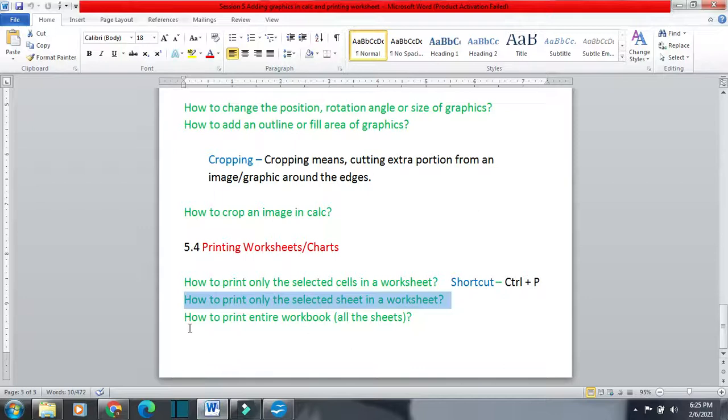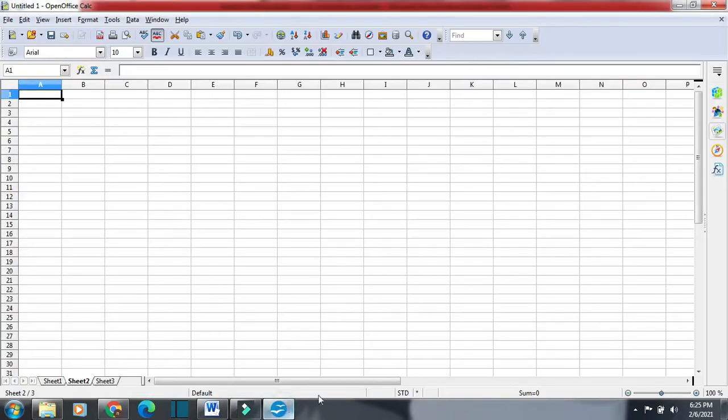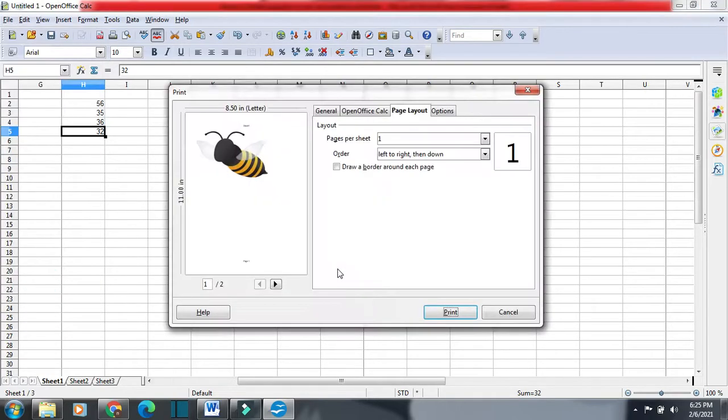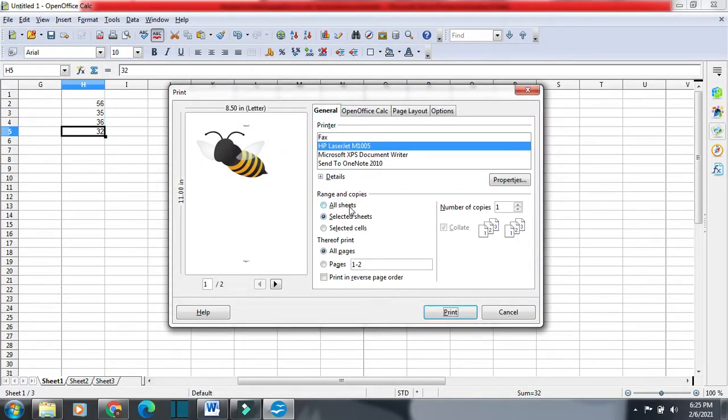Next option is how to print the entire workbook, meaning all the sheets at the same time. Whether it is sheet number 1, 2, 3, all of the sheets you want to print, you will click on File and Print, or you can go for the shortcut Ctrl+P, and here we will select all sheets.